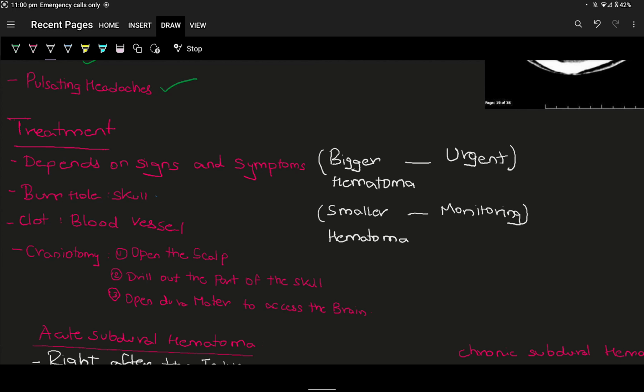In case the hematoma is large, we require urgent management by craniotomy, where we usually do a burr hole procedure into the brain, and we remove a part of the skull to relieve the intracranial pressure due to the subdural hematoma, and that would allow us to decrease the intracranial pressure to stabilize the neurological